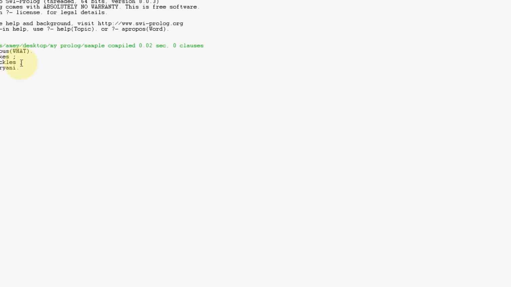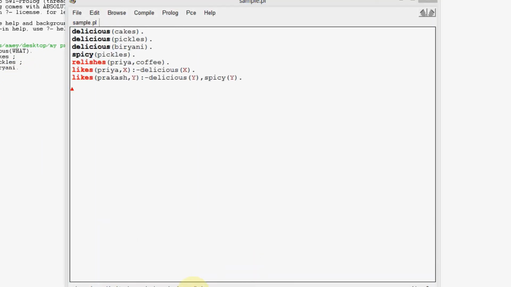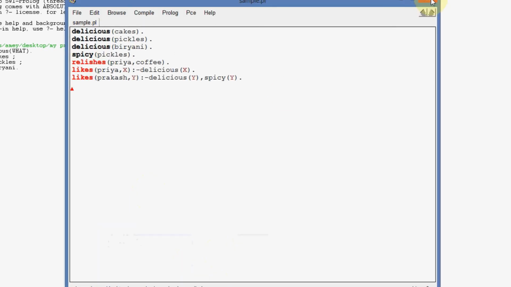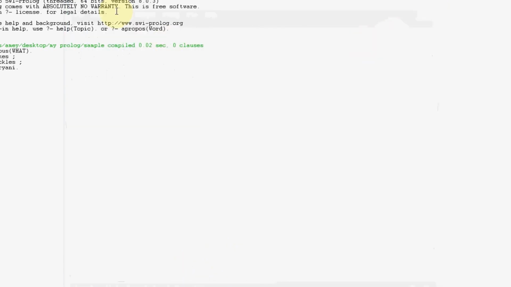Again, by writing semicolon, you are telling the engine, I don't accept pickles. Is there any other alternative answer that you can give? And finally it gives biryani, and it also prints dot. That means there is nothing else. Okay, so this is how you can run a Prolog program. Fine. Now we'll also ask the other queries, but I just wanted to show you how to use this Prolog